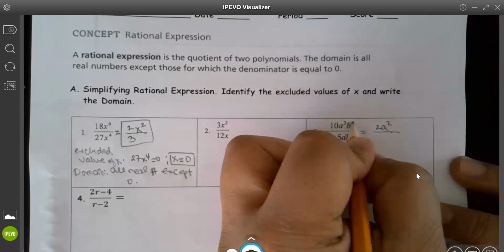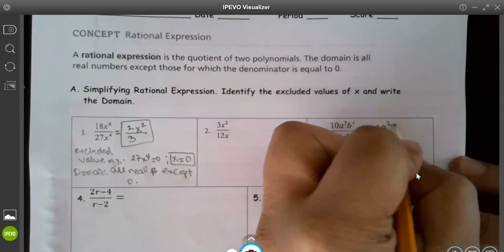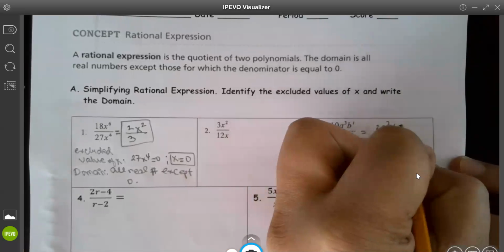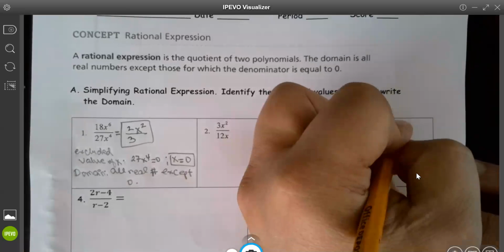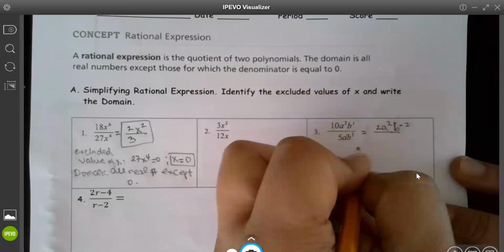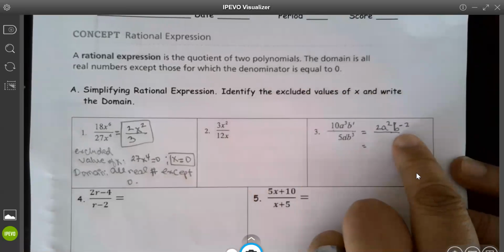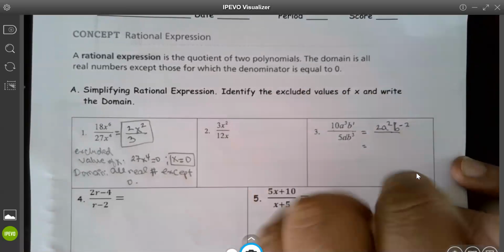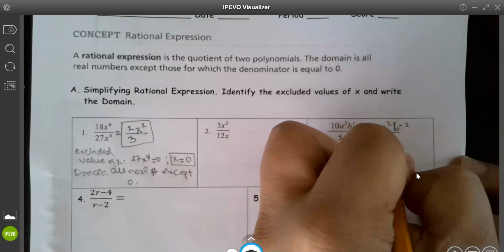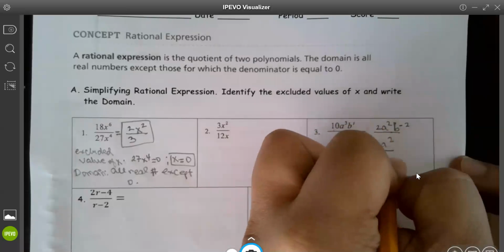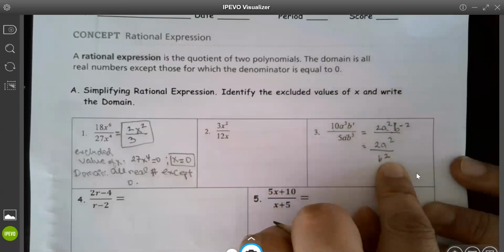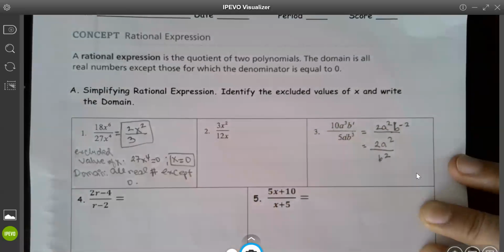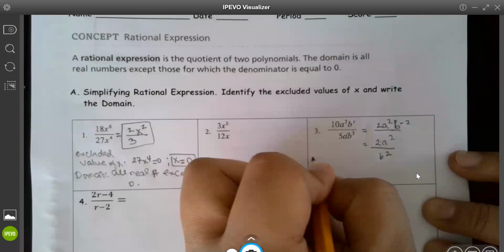And then b, this is 1. b, 1 minus 3 is negative 2. Okay, this one is negative. So you have to make it positive by taking the reciprocal, that means put this down. So it's going to be 2a squared over b positive. Once you put it down, it becomes positive. The exponent becomes positive. Okay, now the excluded value